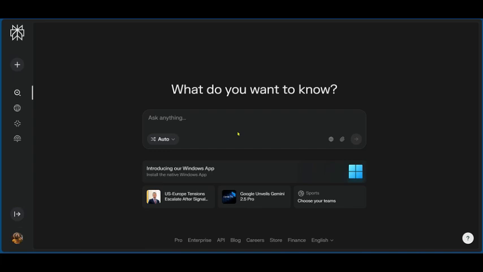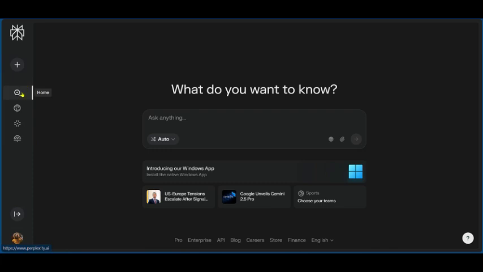However, it's really different from ChatGPT, even though it does much of the stuff that ChatGPT, Gemini and the rest of them do. So we're going to be taking you through some of the functionalities and the unique features here on Perplexity. Starting with the sidebar, as you can see on the left side, you can see these icons, and